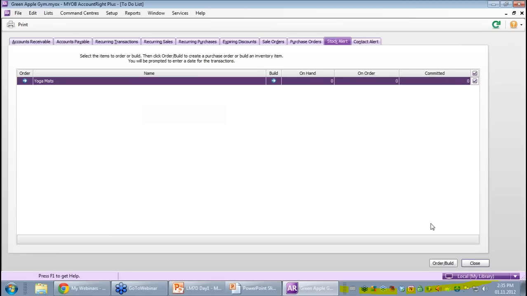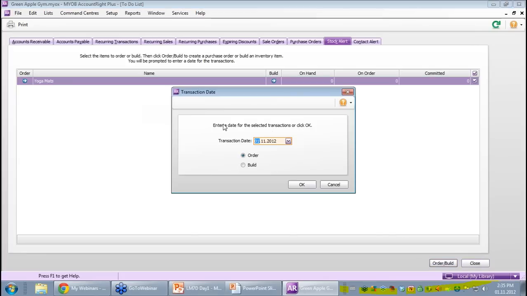We have the opportunity to build them. So I'm going to click the order build button, and it comes up and asks me a date, and I'm going to put in 30th of the 11th. I'm still running in 2011, and I have the opportunity to order them, and I'm going to click on Order, click OK,